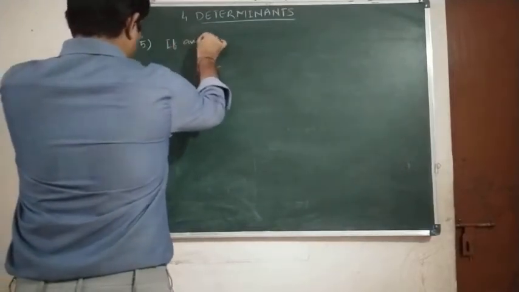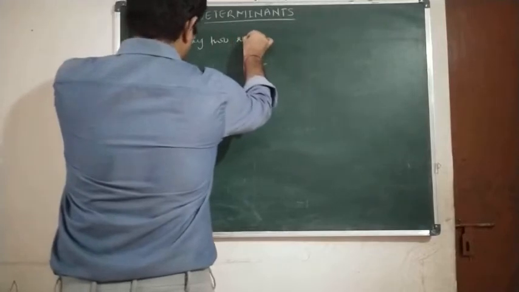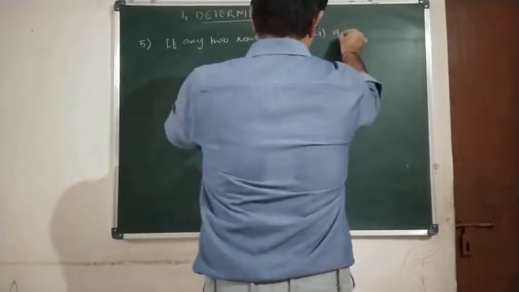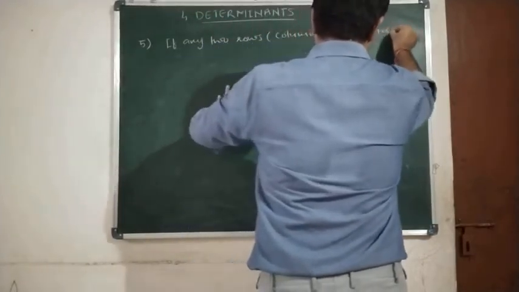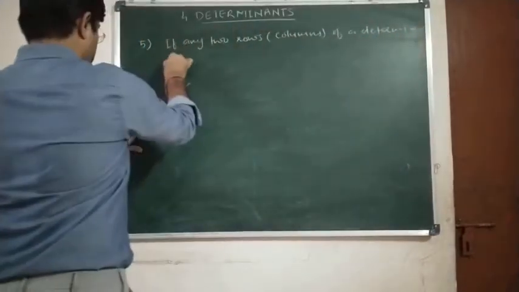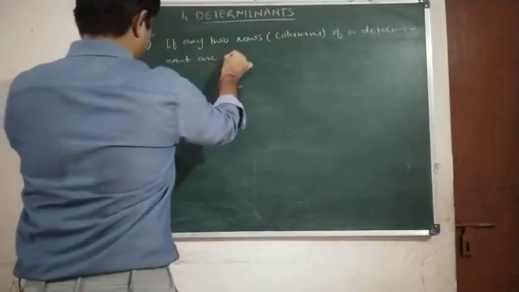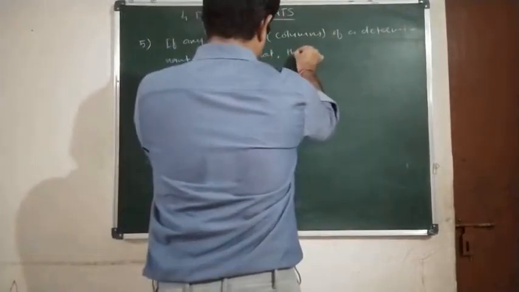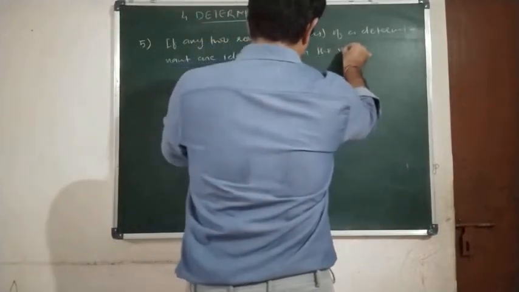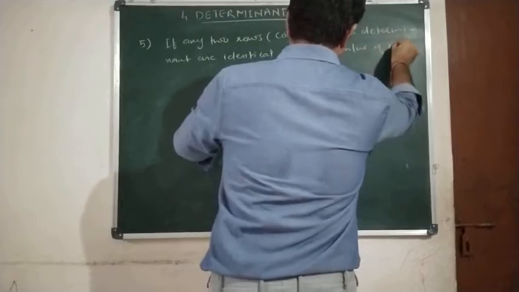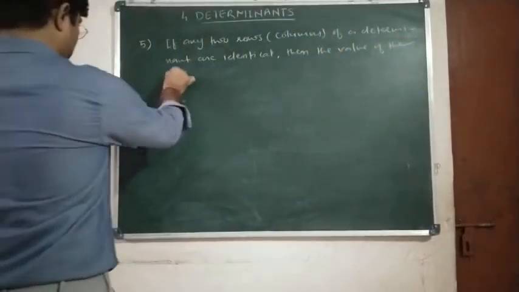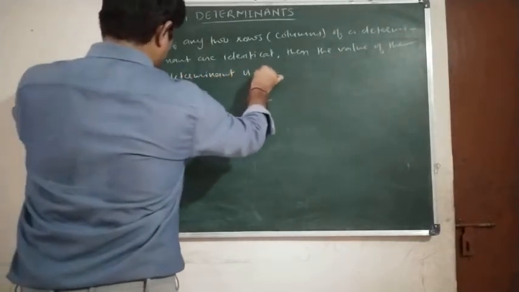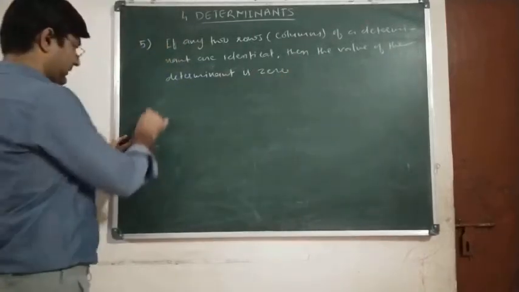If any two rows or columns of a determinant are identical, then the value of the determinant is 0. Okay, for example,